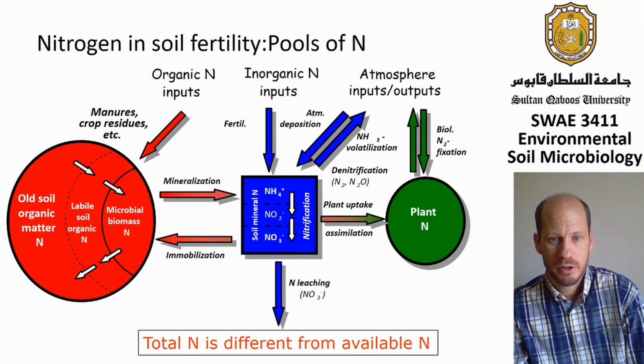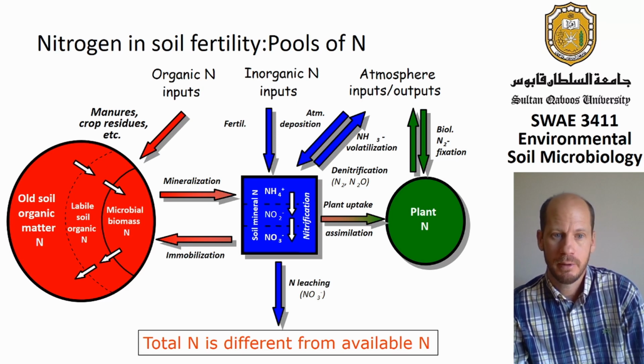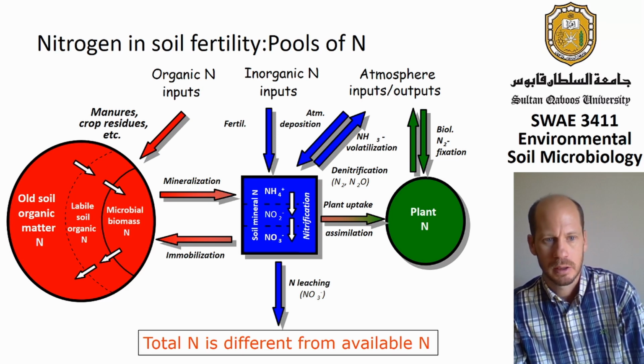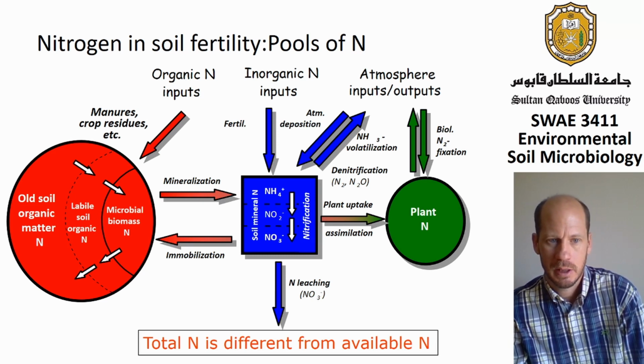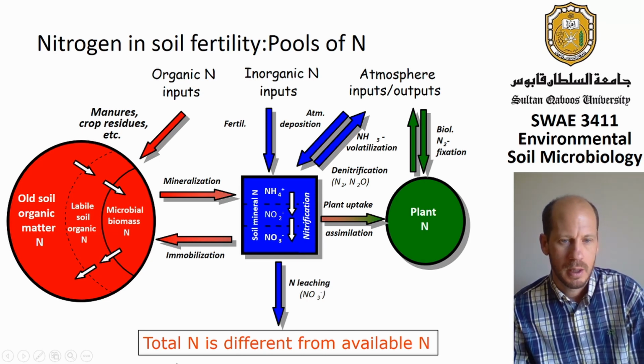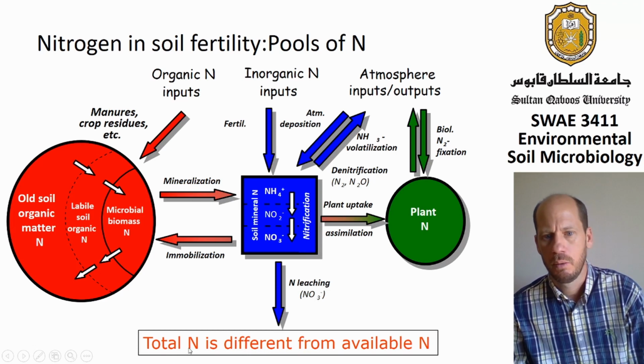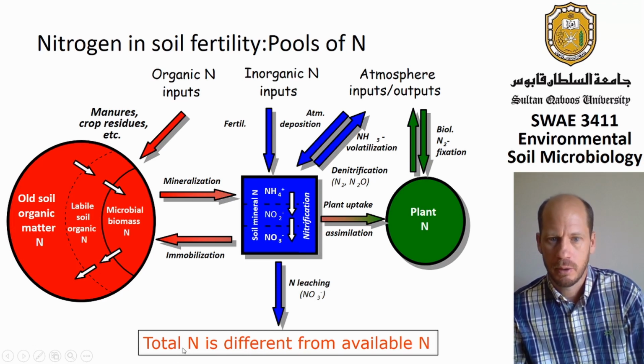The concentration of nitrogen and ammonium in soils is usually very low, and the majority of the nitrogen in the soil will be in the organic matter, either the living organic matter, the microbial biomass, or plant roots, or also in dead organic matter, stabilized or more or less labile in the soil. So 95 to 98% of the total nitrogen in the soil will usually be in the form of organic